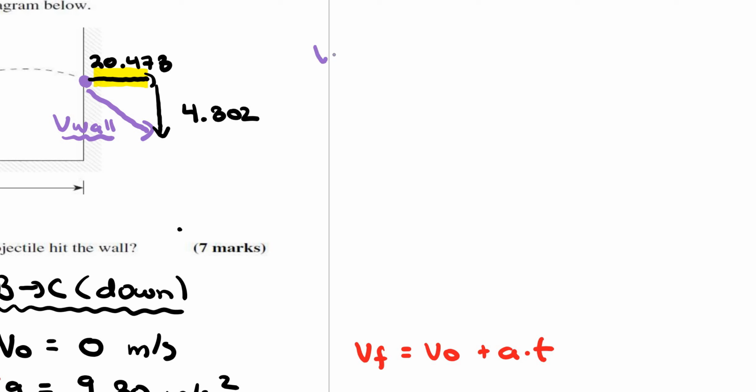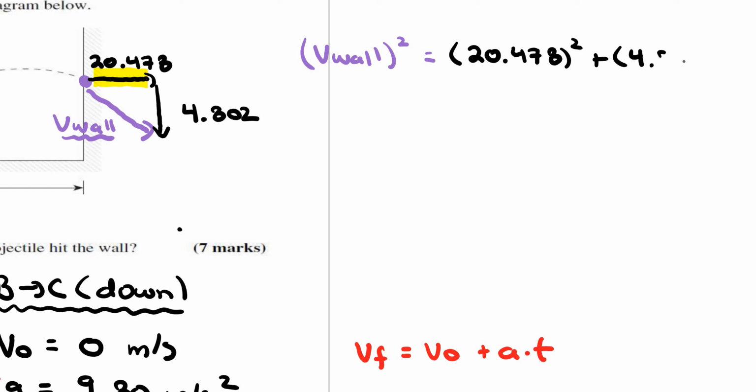So we'll say V wall squared equals the horizontal velocity vector, which is 20.478 squared, plus 4.802 squared. Okay, and I'm not going to go through all the steps here, but if I go ahead and square them and add them and square root the final answer here,